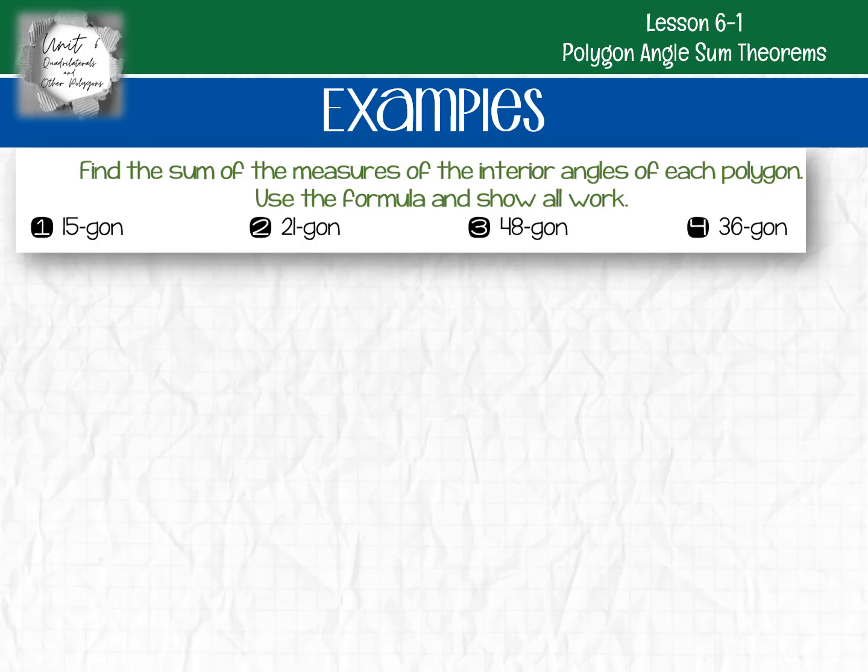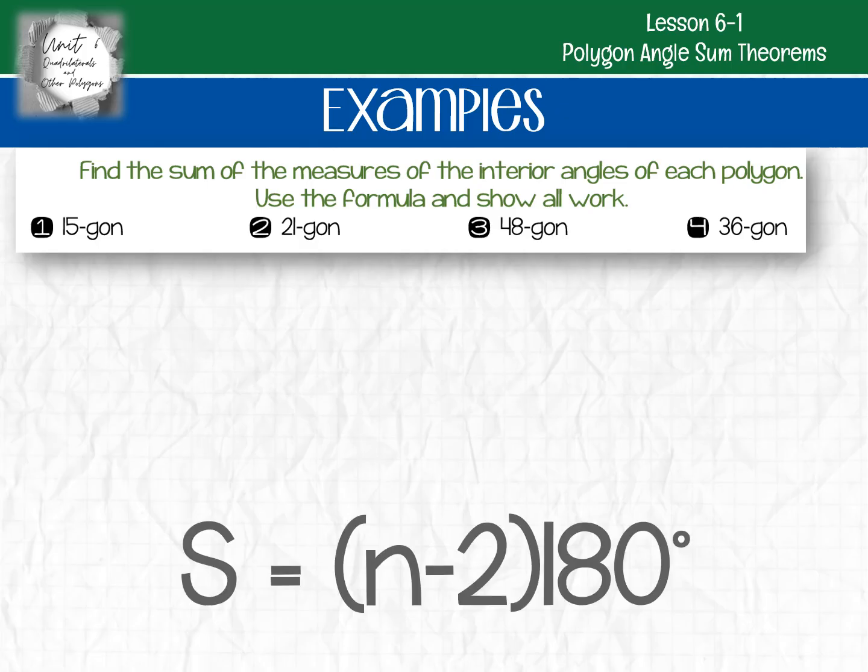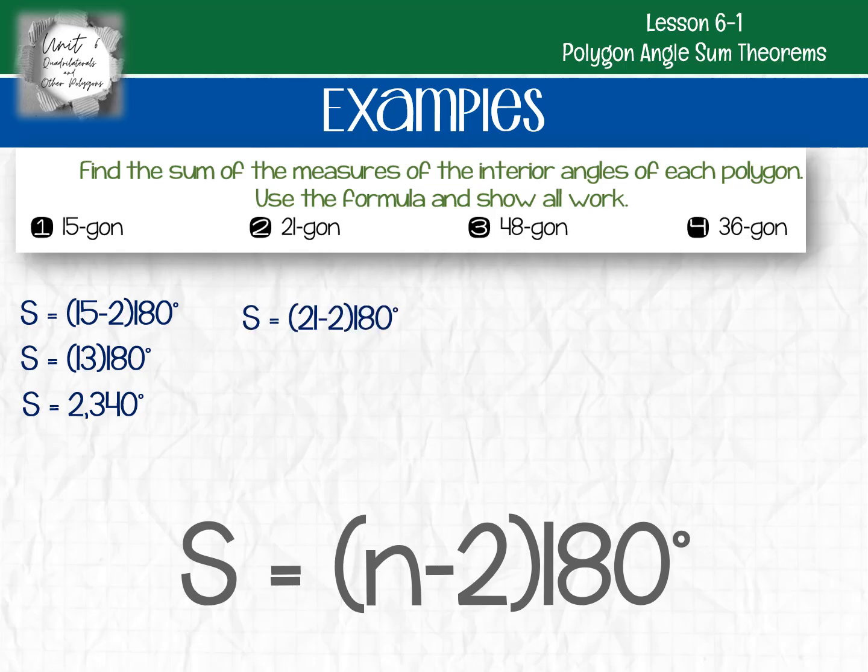Number 1, 15-gon means it has 15 sides. There's our formula. So S equals 15 minus 2 times 180, which is 13 times 180 degrees. 2,340 degrees is the interior angle sum for a 15-gon. Let's do a 21-gon. Plug in 21 in place of n. Simplify, 19 times 180, multiply that together,